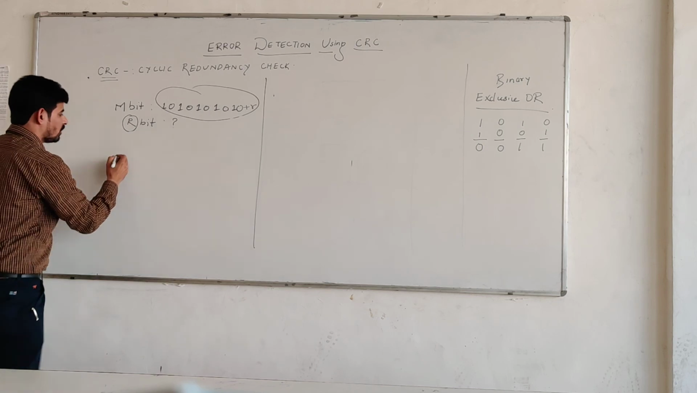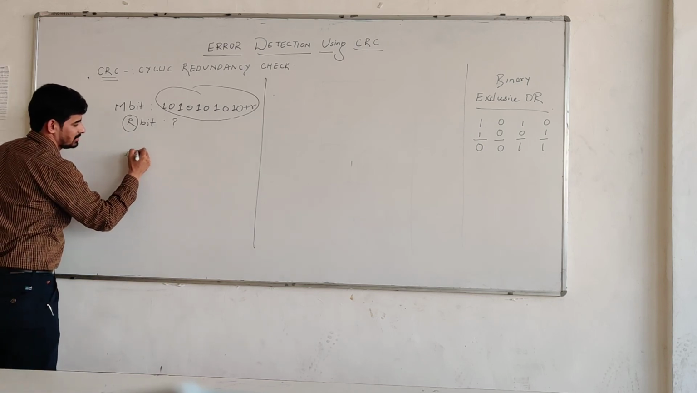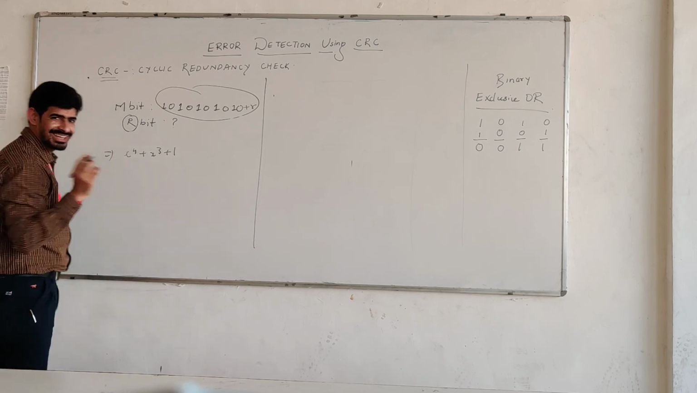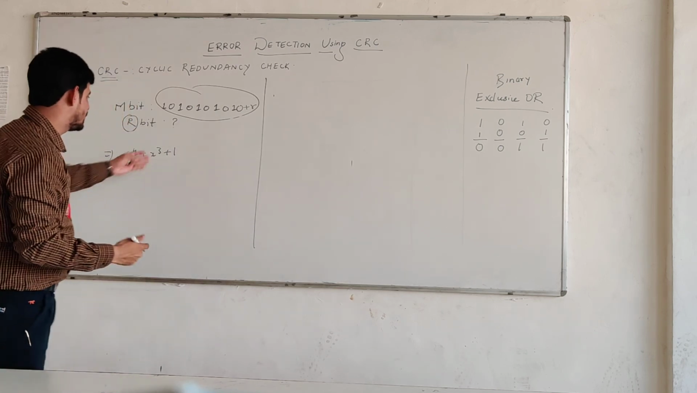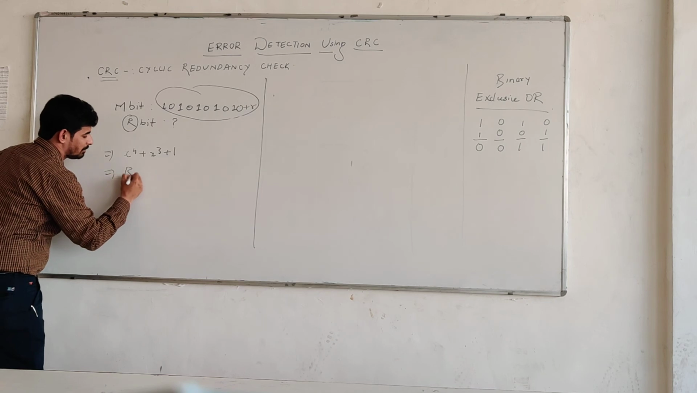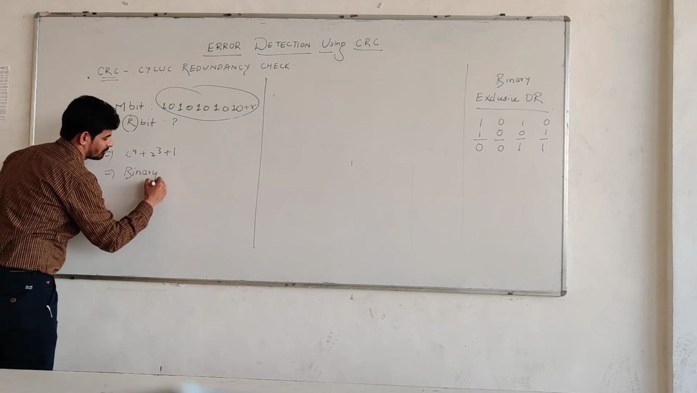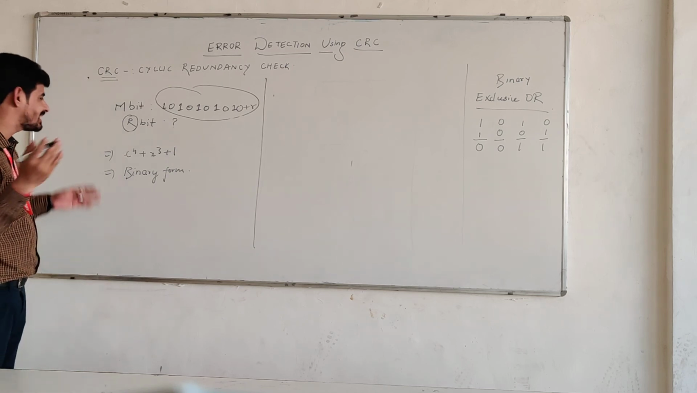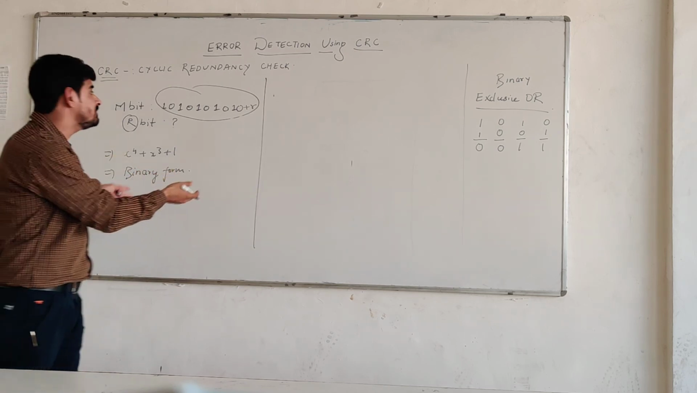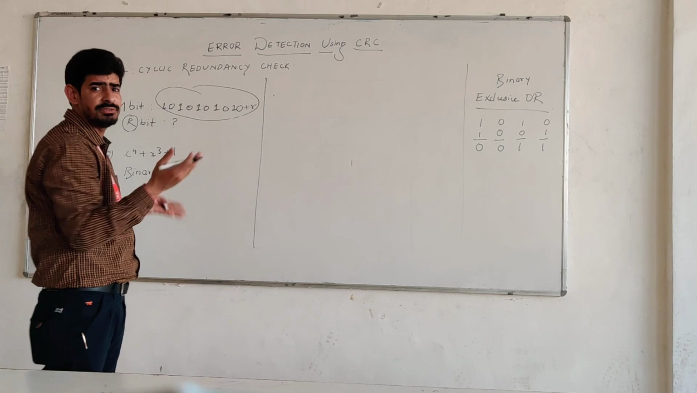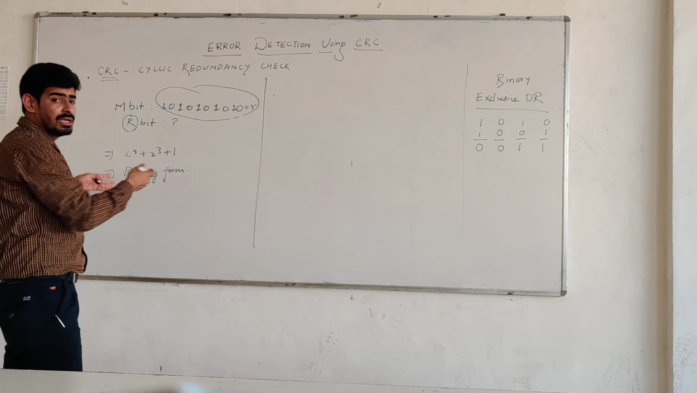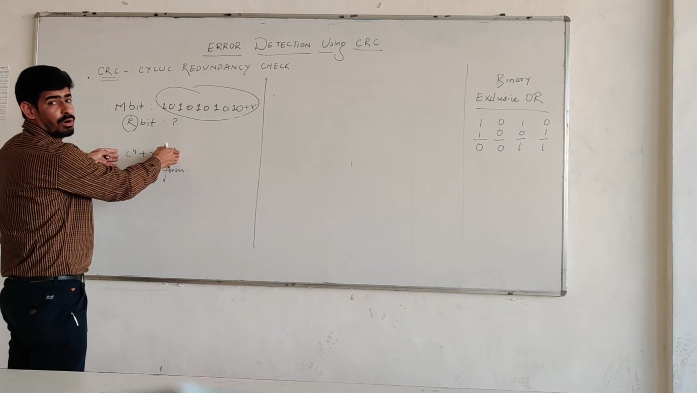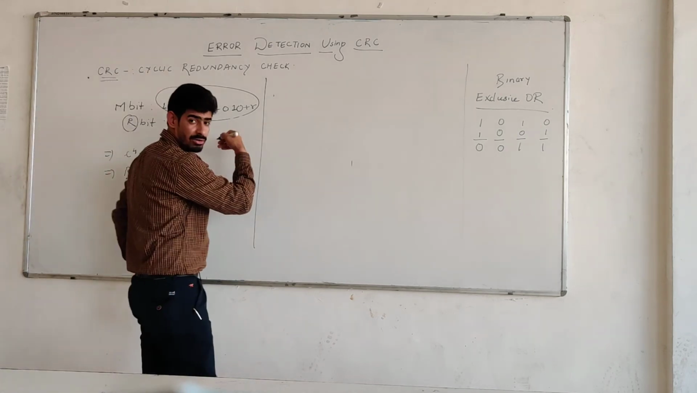Now, in the question we also have the polynomial form. That is, the question can be given in a polynomial form or in a binary form. If the question is directly given in binary form, then we will simply divide this dividend by the divisor. And if binary form is not given, we will convert the polynomial form into binary form. How? See,